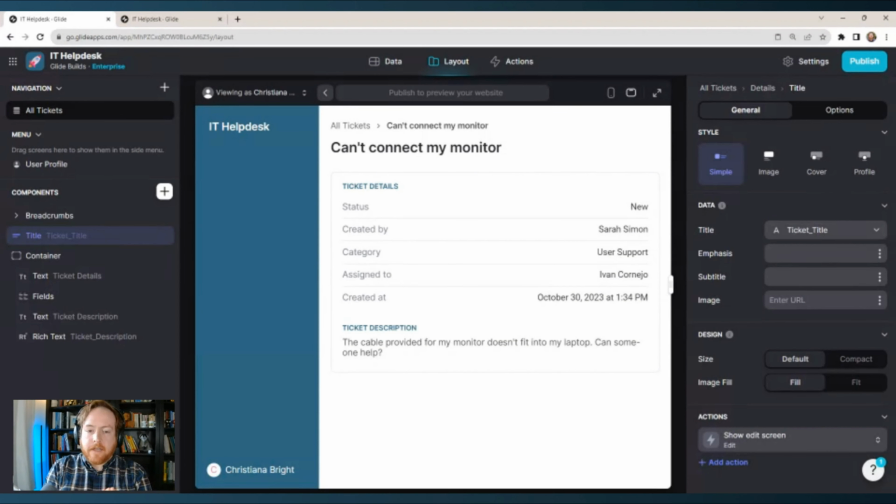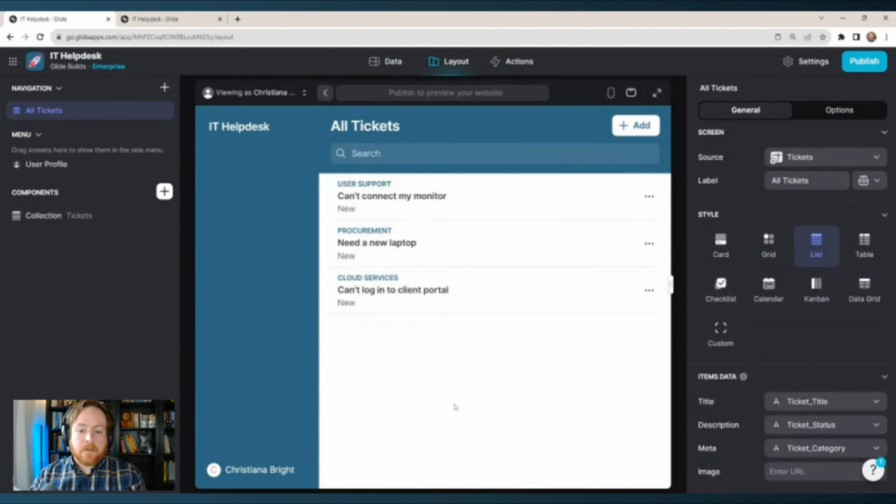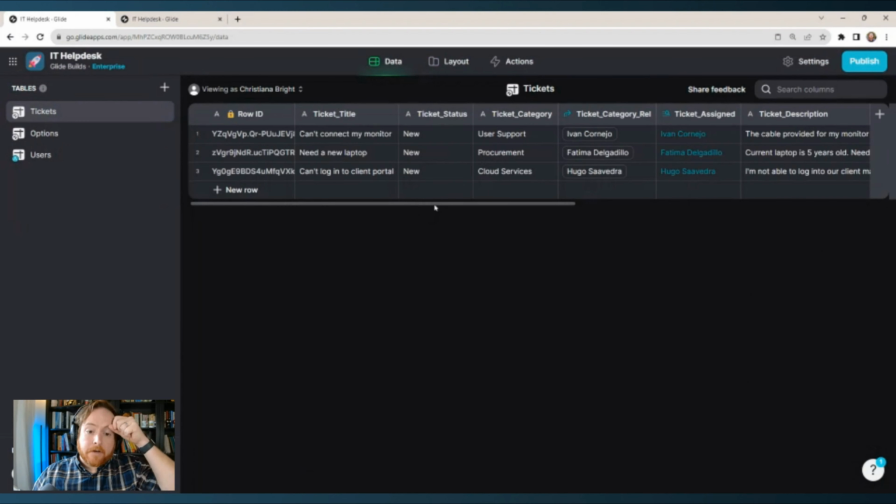So help desk agents and admins should be able to see all the tickets, but employees should only be able to see the tickets that they've created. There's multiple approaches that you could take to filter out what you see on a screen. The approach that I'm going to take for this build is we are going to do another conditional check, but this time we are going to do it in the data. So going back to the data editor here,